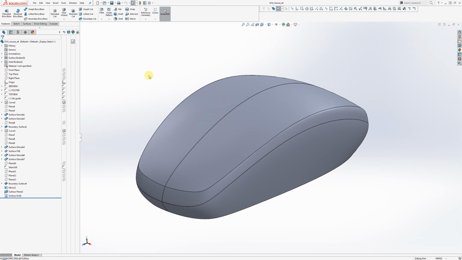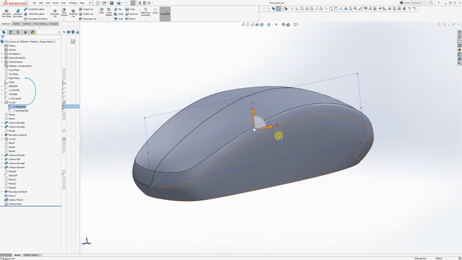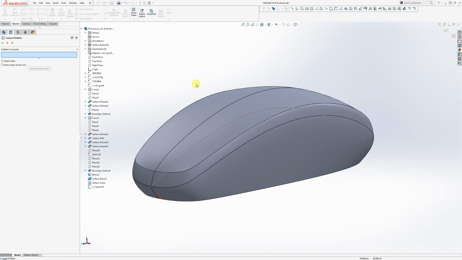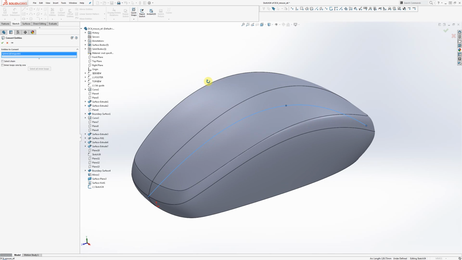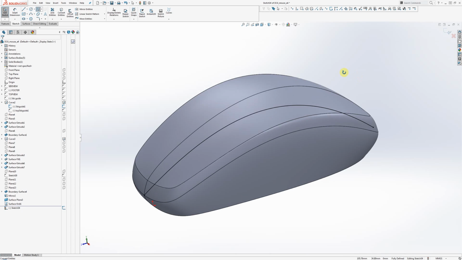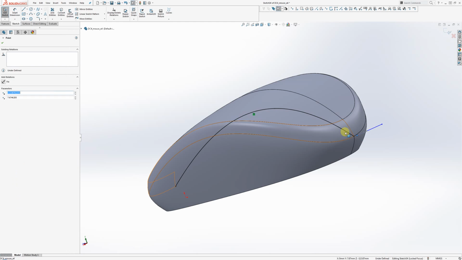So here we go. I am going to first of all scroll through my design tree and find the side view curve, the 3D curve that defines this bottom edge here, and I'm going to show that curve. And then I'm going to start up a new sketch on my right plane, and I'm going to use that shown curve, using the convert entities command to copy that curve into a new sketch on the right plane. And then I'm going to grab my spline tool, and I'm just going to connect a couple of extra curves